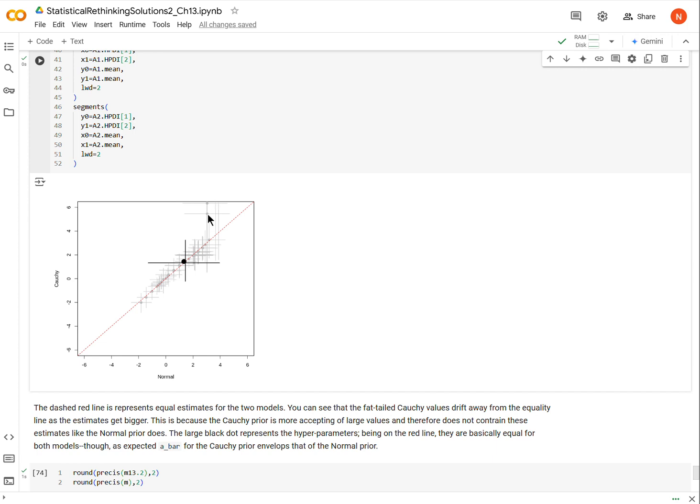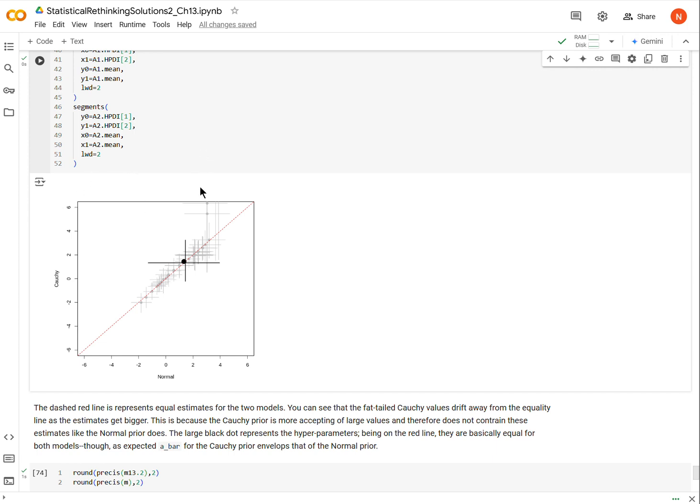So if we were to zoom out, this error bar here would actually go all the way up to, I think, 80 or something like that. Well, anyway, so it's a very large, or no, actually we're even missing a few data points. There's a few data points above this that I've cut off just to make the x and y axes scale equally. But anyway, we get that the Cauchy distribution is permitting much larger values.